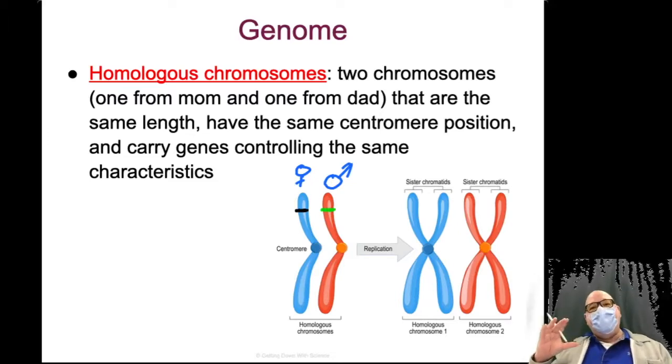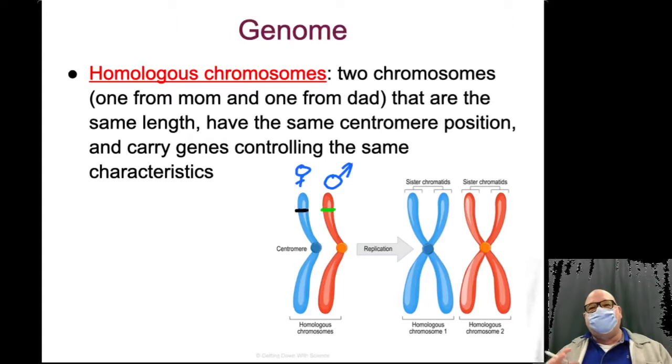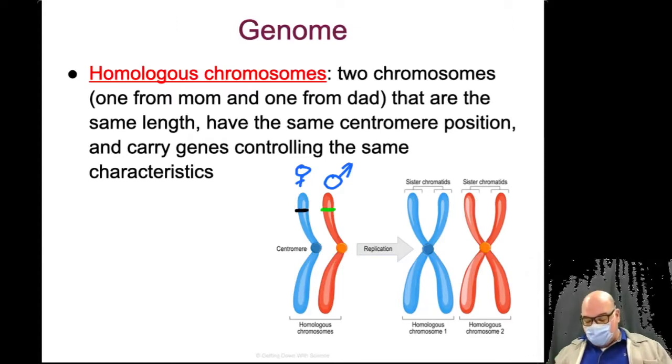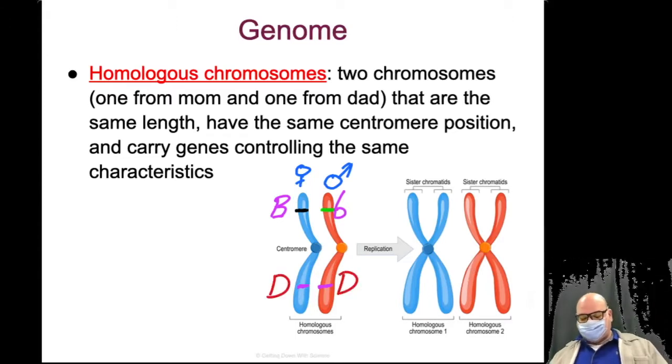Those are the same gene, but they have a different genotype. Or it could be the same, okay? So maybe down here, you have the same. Now, if you're kind of like, yeah, I remember getting one allele from mom and one from dad. This is where the big B, little b comes from, okay? Maybe this is a D and a D, okay?